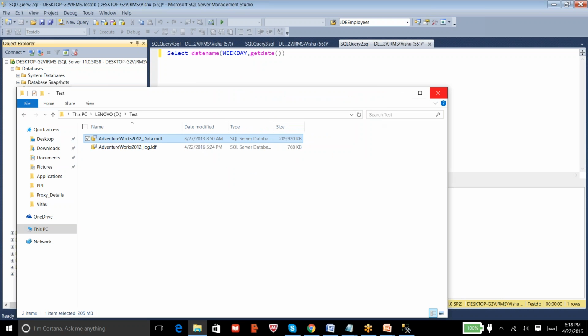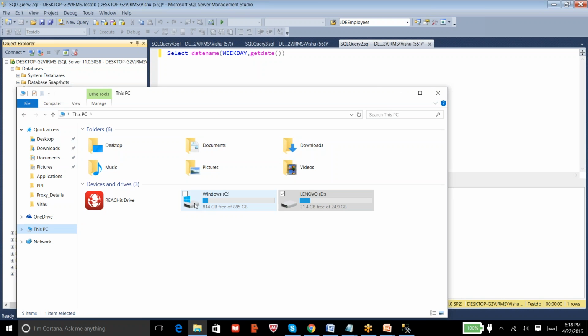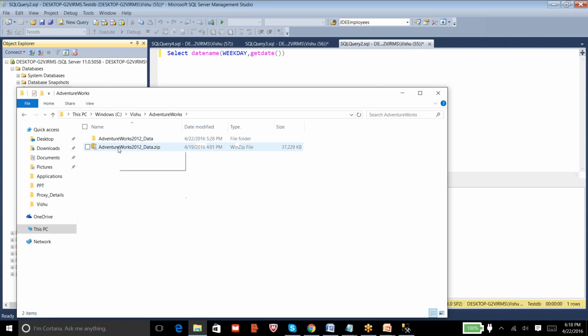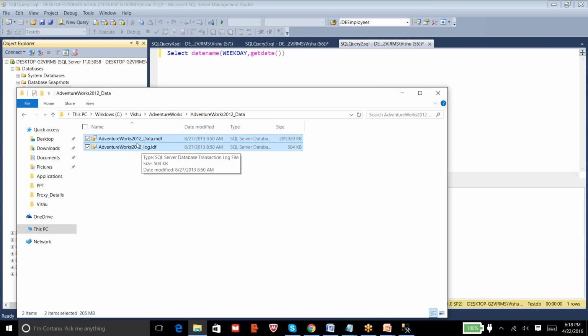But in the other case, where I have downloaded this one, I can use these MDF and LDF files. I can copy them as they are, not linked to this instance, right? So it allows me either to drop or delete. So I can copy these files and move across all the 4 or 5 instances. I can attach them. That's possible. But once the MDF and LDF files are associated with a SQL Server, then your SQL Server will not allow you to either copy, delete or update those files.